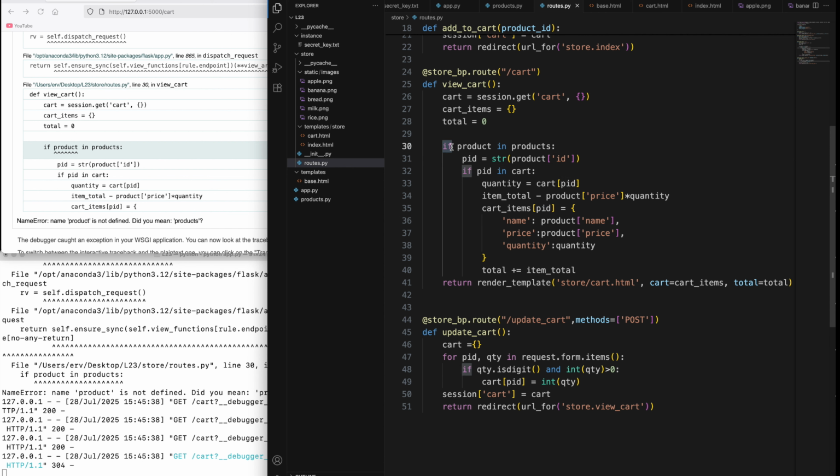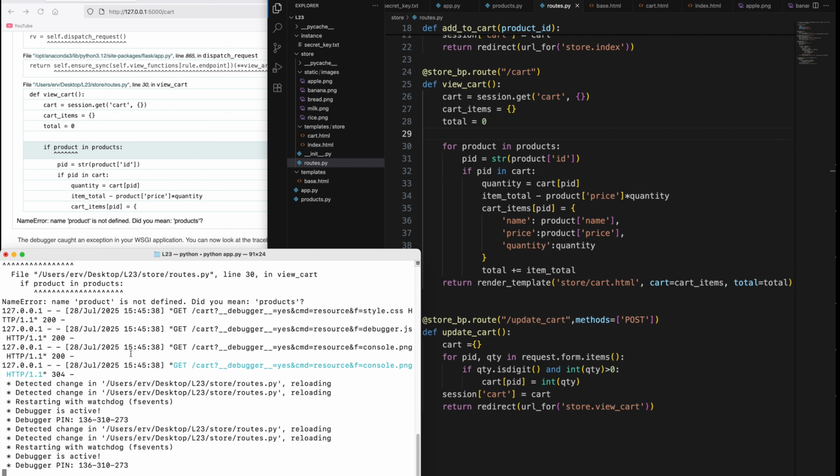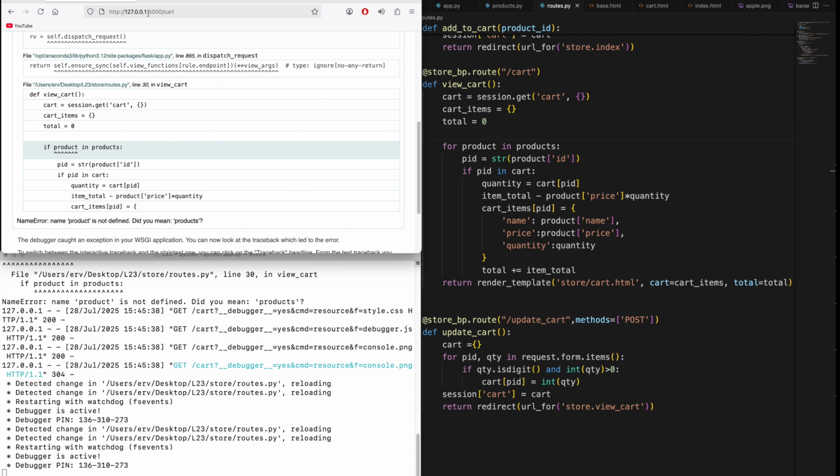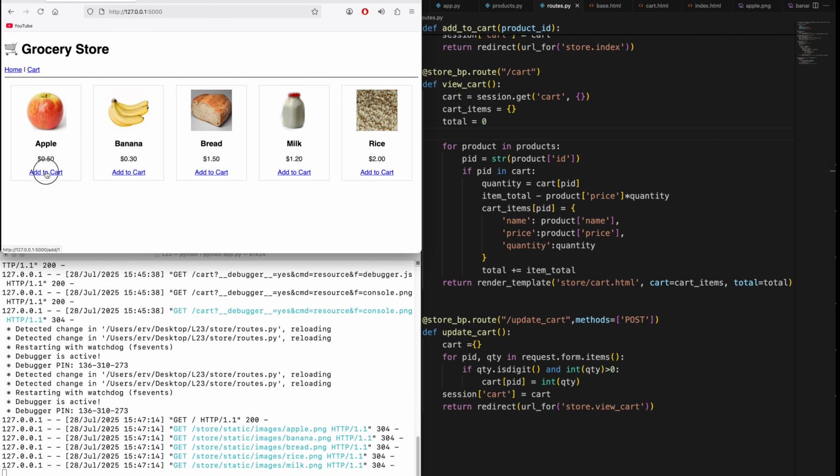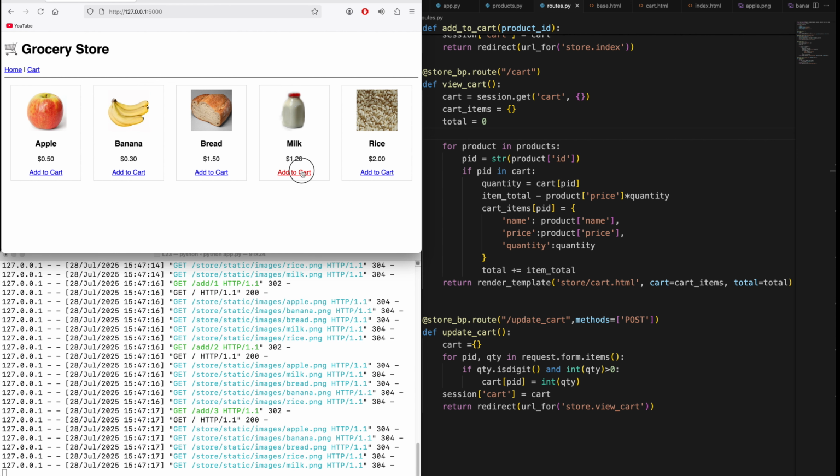All right, again figured out this mistake on my side. I don't know what I was thinking. This was a for loop, so it has to be for product in products. So I've saved this and try and go back to our base URL, click on some of these items,